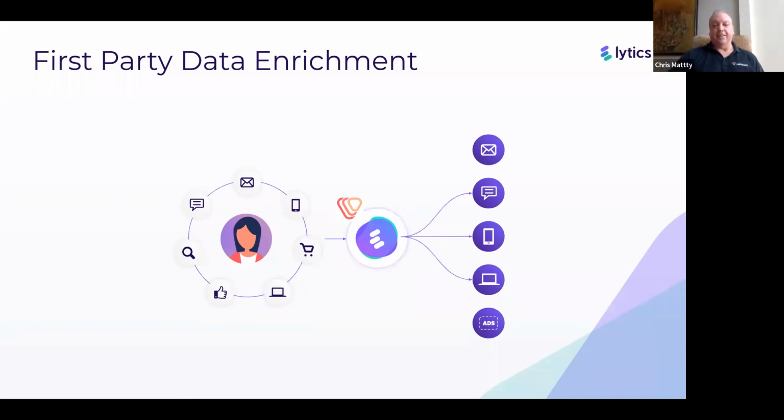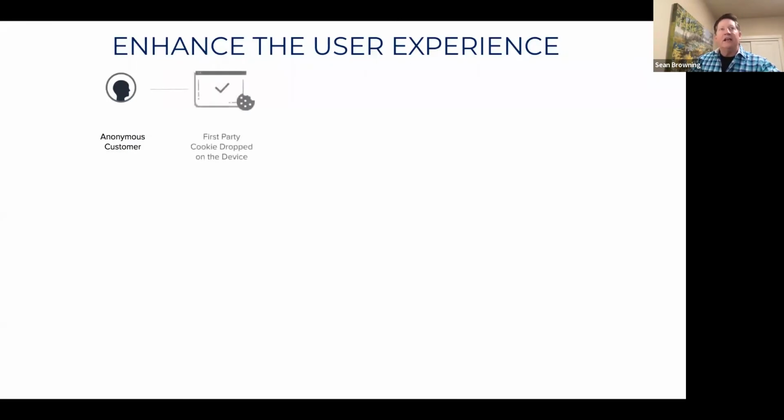Great. Yeah, I love it. And let's take a look at how this really looks. I love this slide, where we walk through and really show how it all works. So, you talk about use cases. This is the one we usually solve first, which is the anonymous to known challenge. If someone comes to the website, they're anonymous, first click of a first visit, but the Lytics JavaScript tag is dropping a first-party cookie on the site.